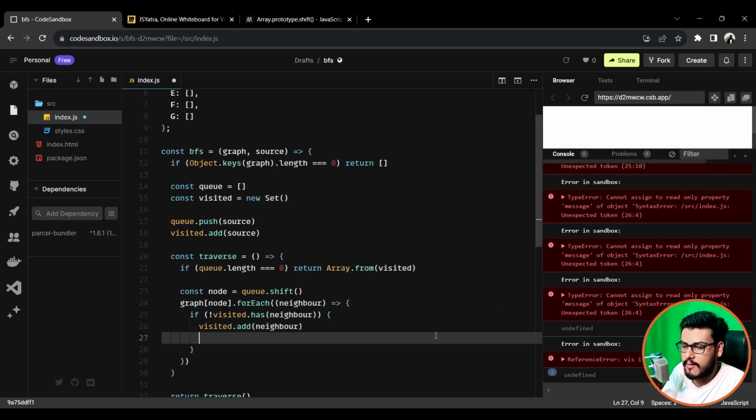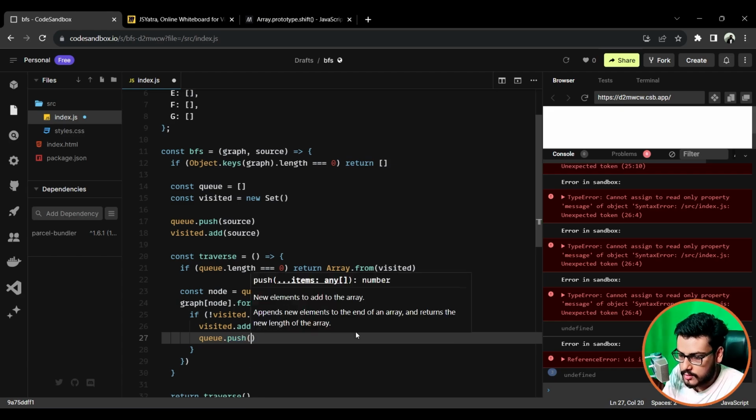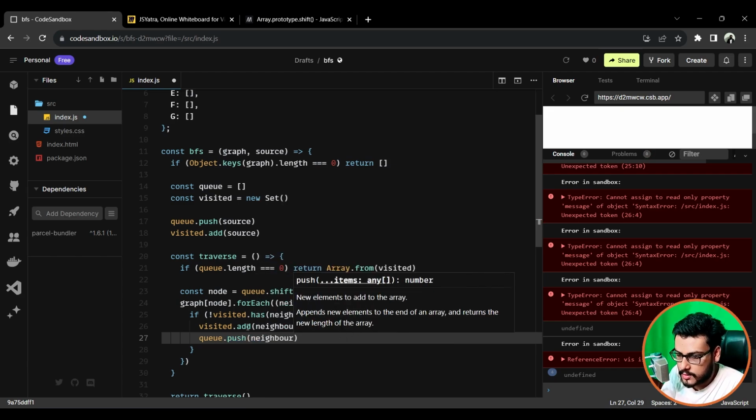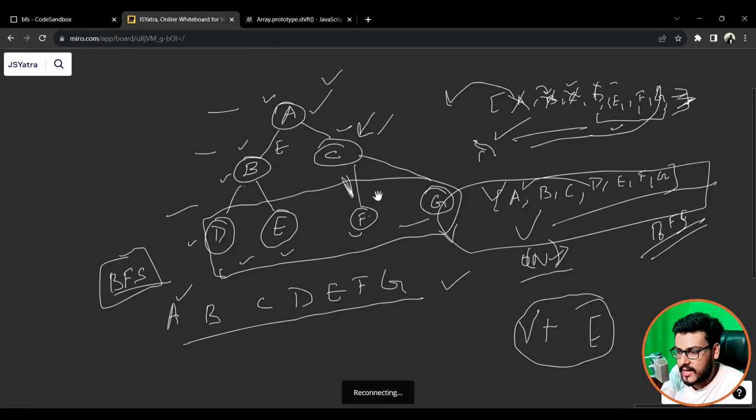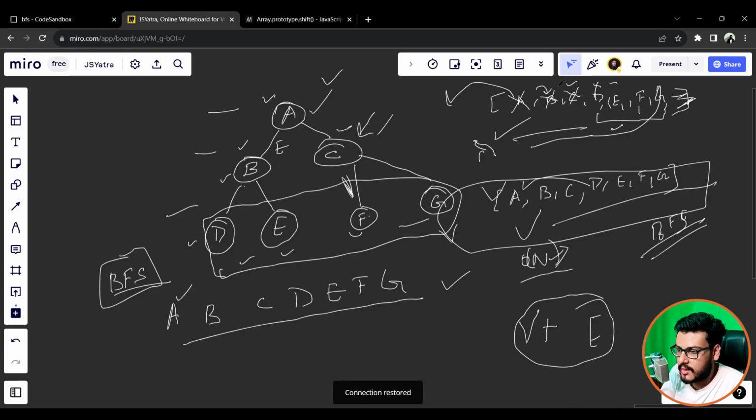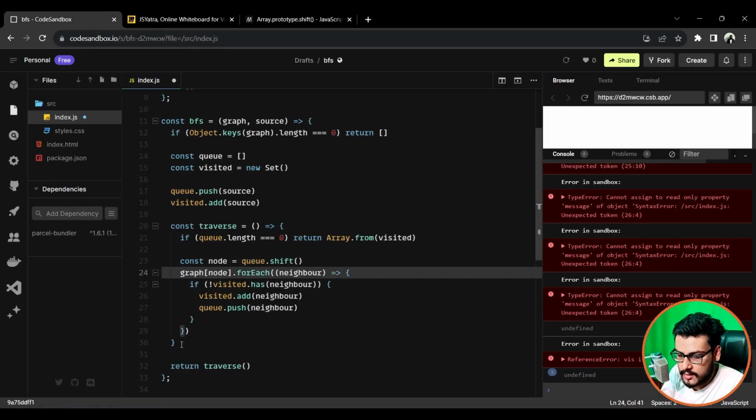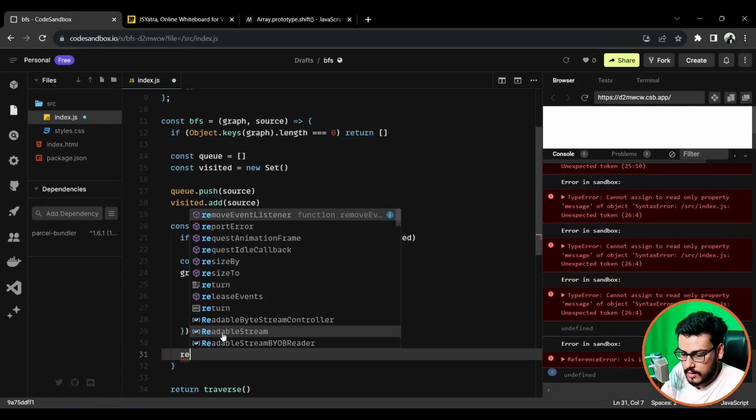We have visited this neighbor, and then what we have to do is enqueue this item into the queue. So this would be queue dot push neighbor. This was all. This is what I have demonstrated in the example as well. When we are taking any item, we are adding it into the list. So coming back to this part, once we have finished doing forEach,